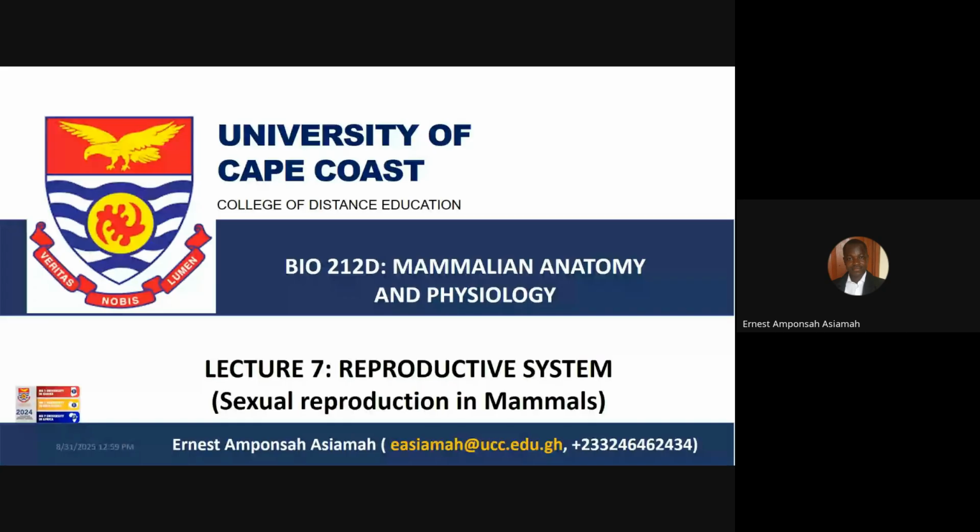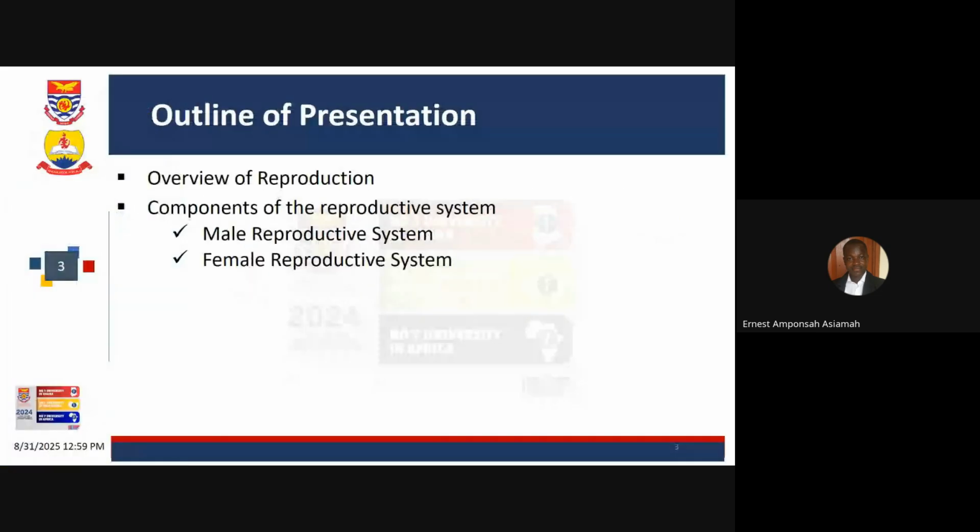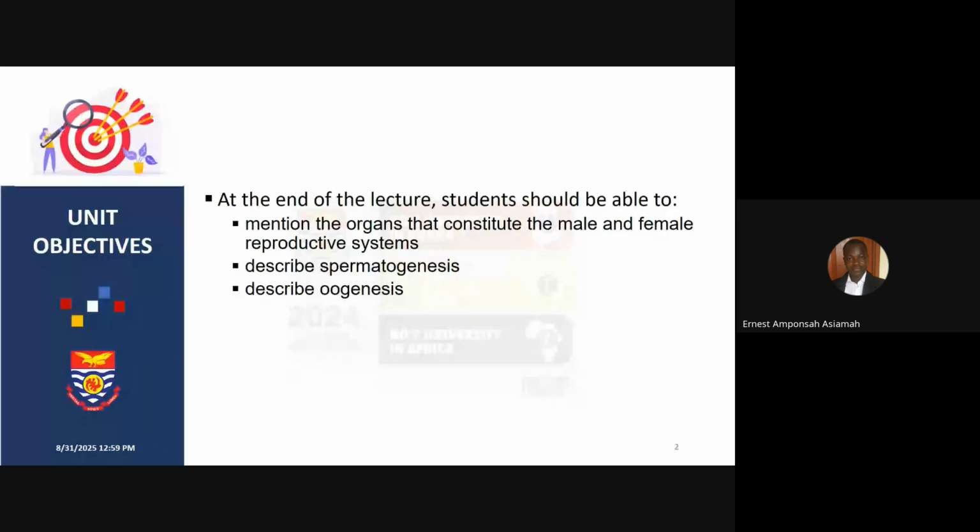We today want to look at the reproductive system. So when it comes to mammals, mammals are also living organisms. They need to procreate, pass on their genes to their offspring, to the next generation. The organ system that is meant for this particular function is the reproductive system. So we look at the reproductive system in mammals, and we'll pay attention to the anatomy, the structures which are involved in reproduction. Then we also highlight some functions.